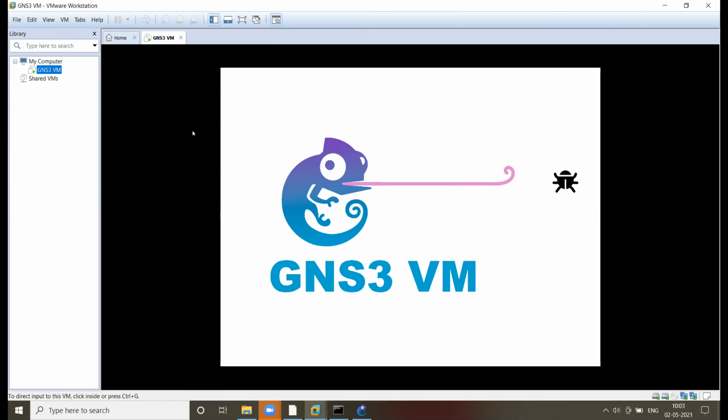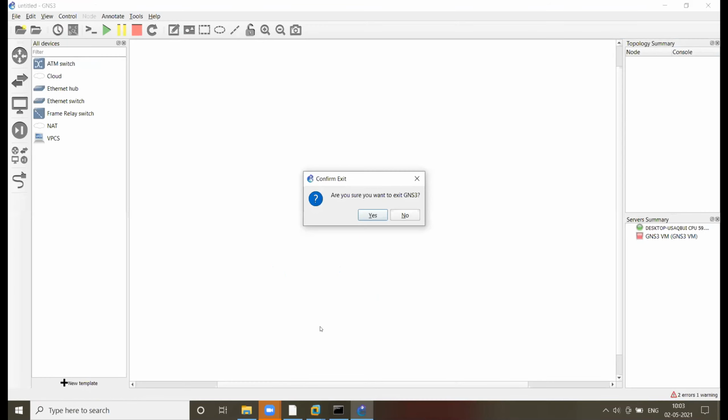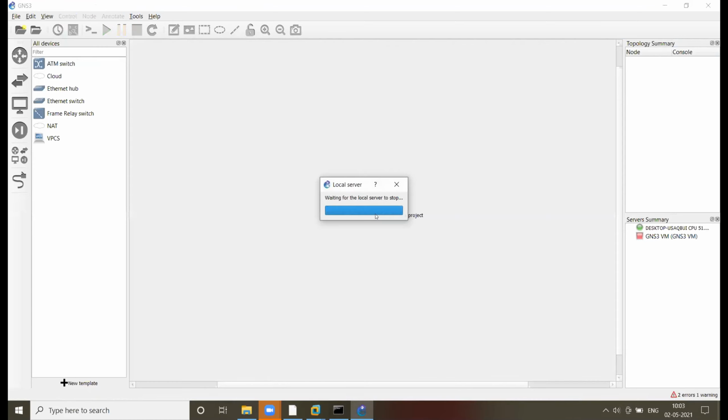Close this GNS3 application also. Nankishore, GNS3, from the right corner. No, not this one. GNS3 application. Okay. Yeah, from the right corner. This one. Yes.